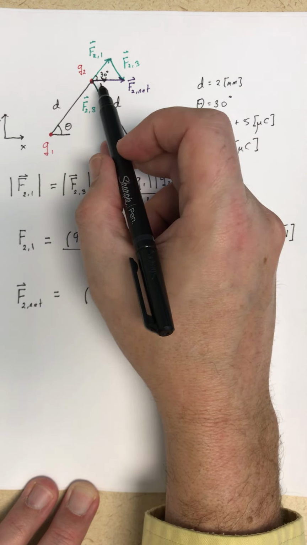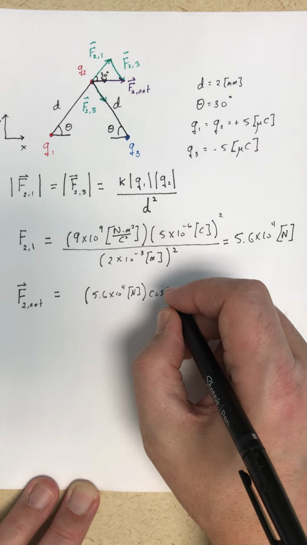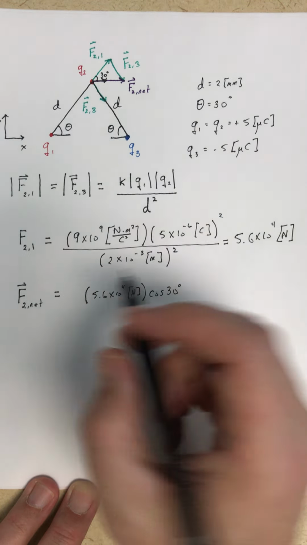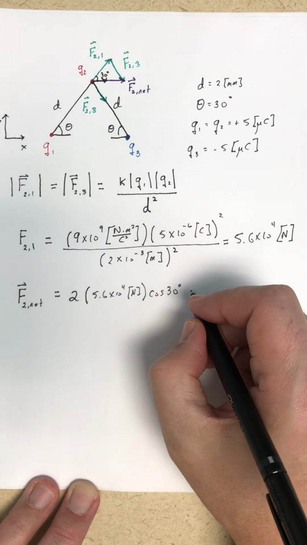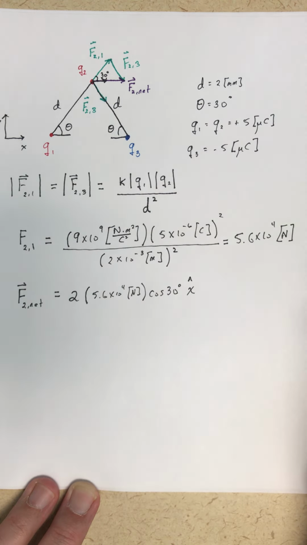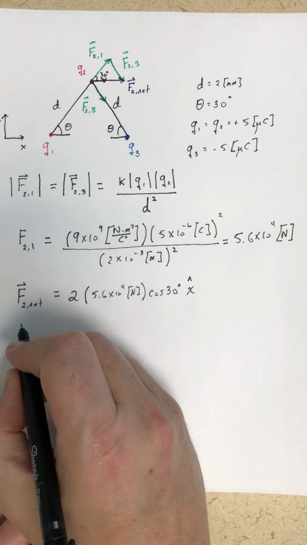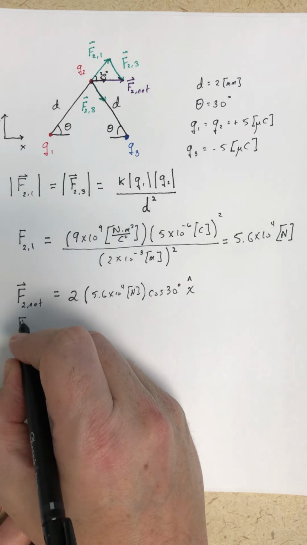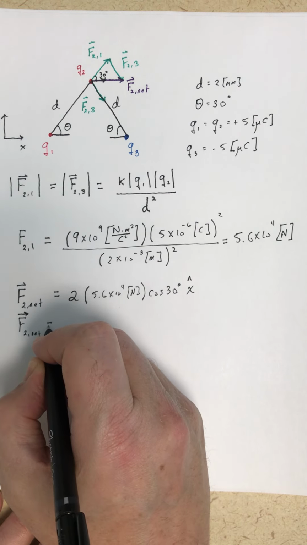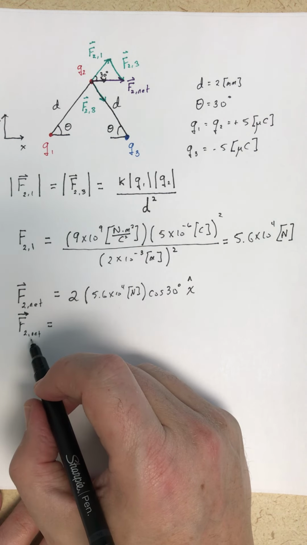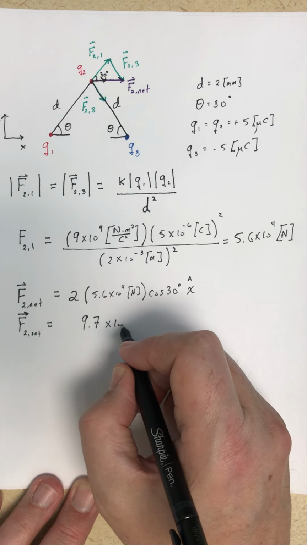So there's the x component of force on 2 due to 1. So we need to take cosine of 30 degrees, and I'm going to double it. And then it points along the x direction. This net force has no y component. So calculate that out. The net force on 2 due to the other charges is going to be 9.7 times 10 to the 4th